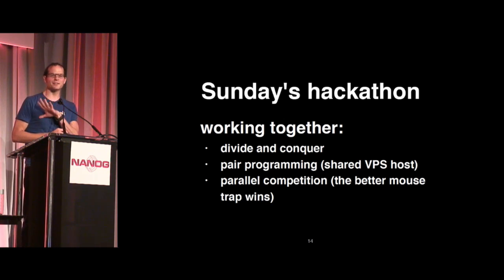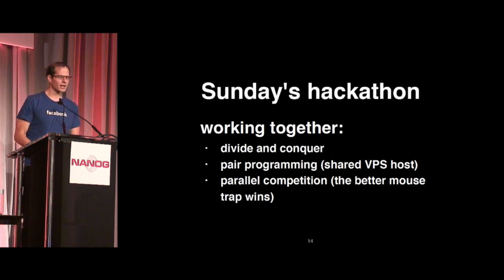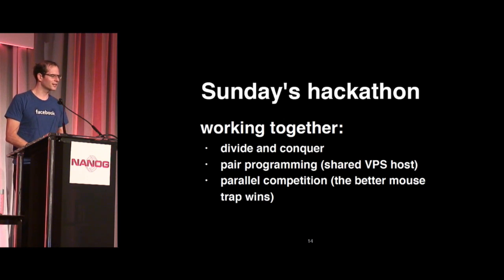That actually worked really well too, because there were like 6 of us for a while, and so we just kind of fed off each other. Other groups actually, I don't know if this took place on this hackathon, but in past hackathons, we commonly see the parallel competition model too, which is where the better mousetrap wins. You have a group, they work on an idea, but sometimes you can only have 1 or 2 people who are really working on it, so you just do it in your own way and then try to see which way ends up being better. The idea of code wins arguments, for example.